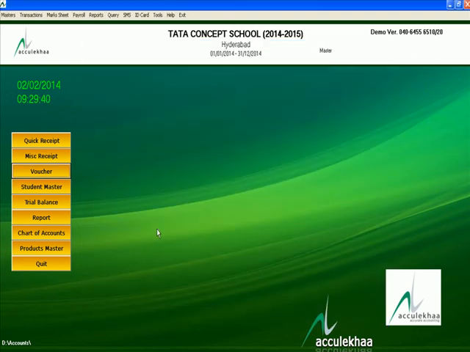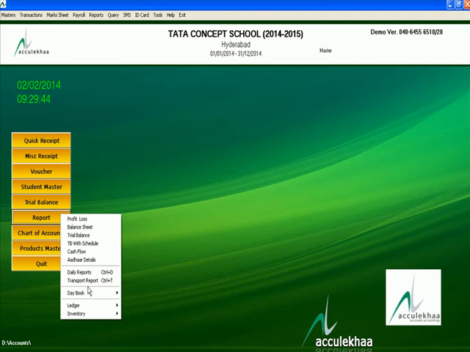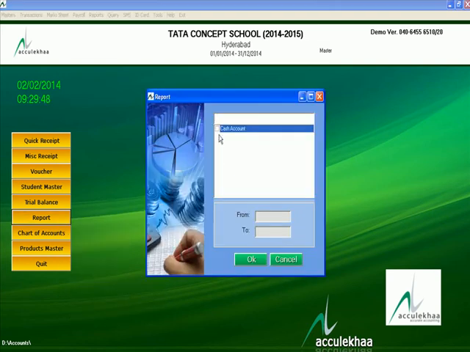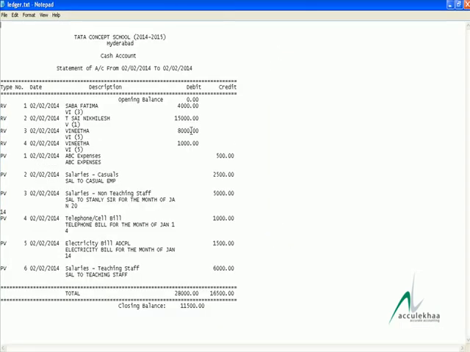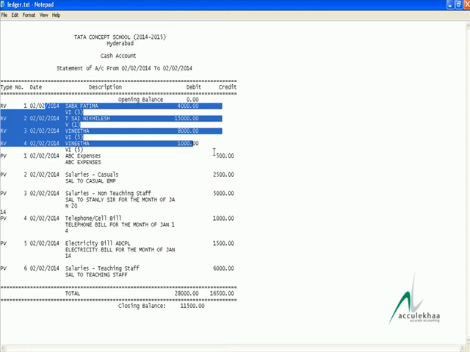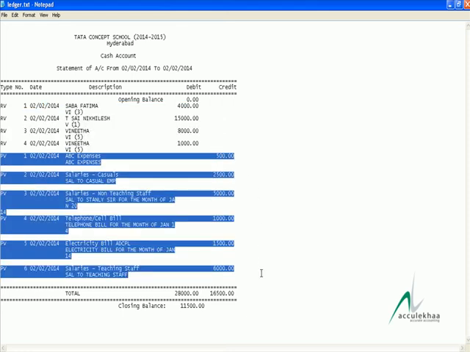And once you make the payment, it will automatically update your cash account. Example like this: today your income is this, your expenses are this.